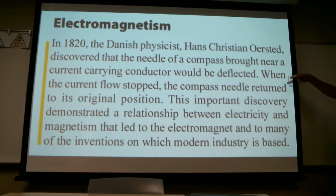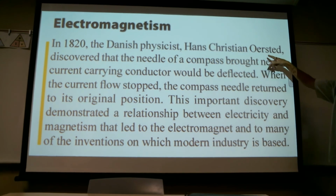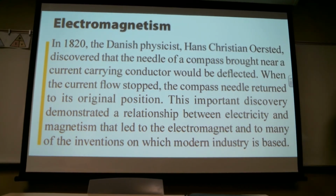Okay, so when the current flow stopped, the compass needle returned to its original position. So Oersted realized that when he brought the compass close to a wire that had current in it, the needle would move, it would deflect. So essentially he found out that electric wires create a magnetic field. The important discovery